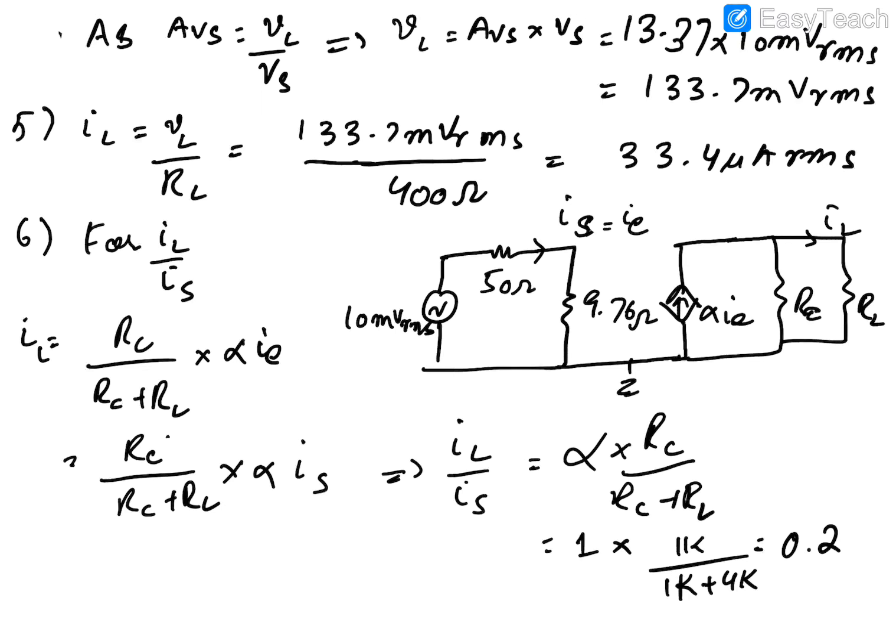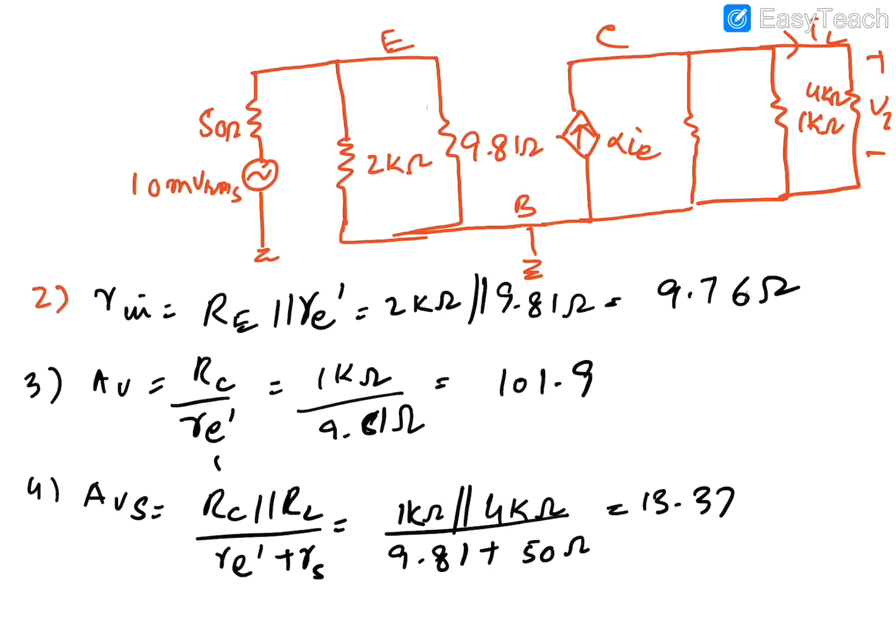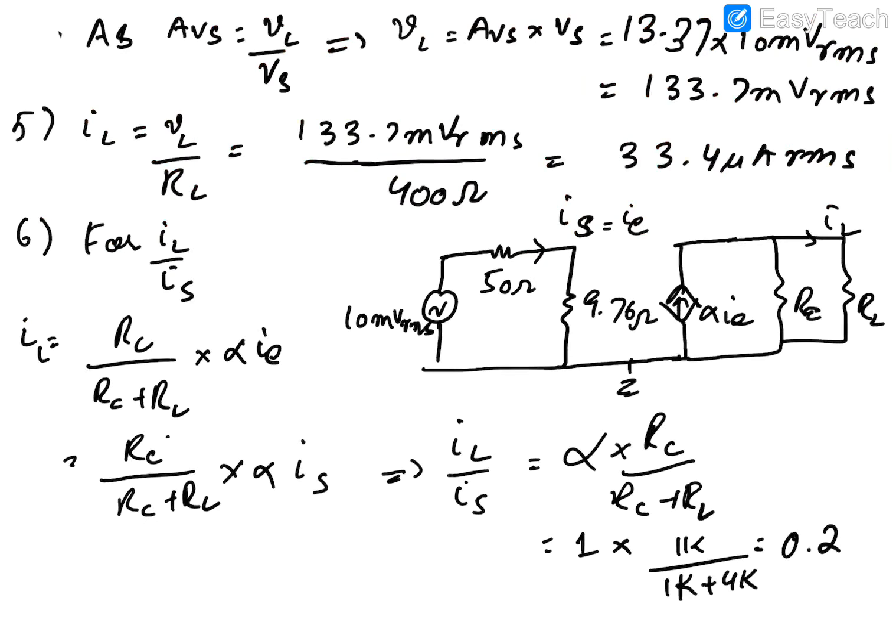Now IL can be measured by dividing VL with RL, which is equal to, so this is not 400 ohms, this is 4 kilo ohms. So this is the value of IL in this case, and next we have to find the